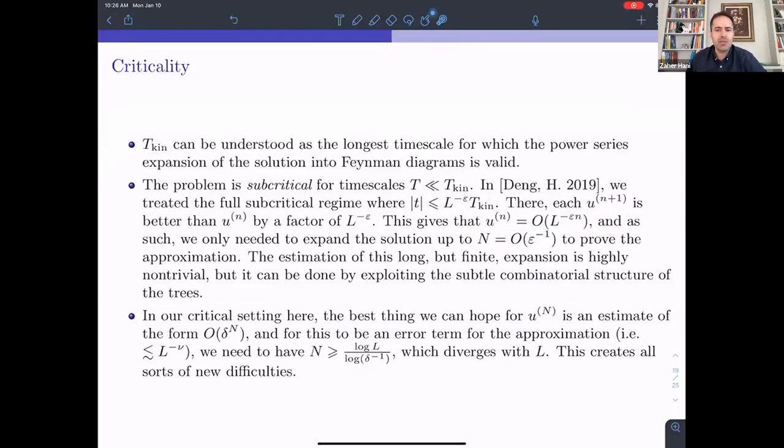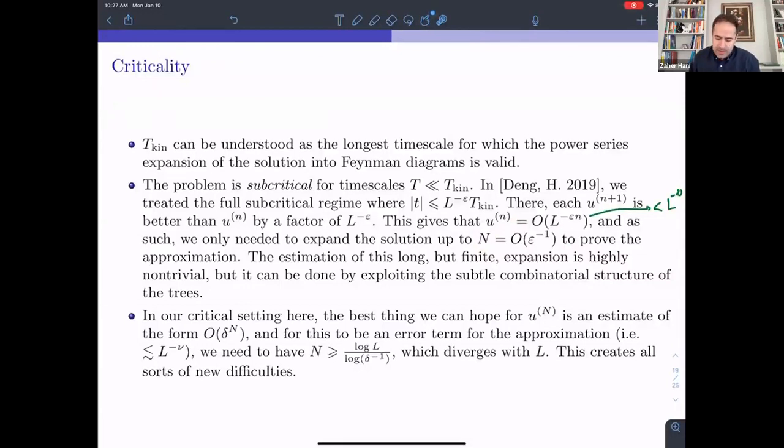Okay, and as such, if I want this to be less than L to the minus nu, I only need to do a finite expansion, up to some order capital N, which is order of epsilon inverse, in order to prove my approximation. And this was possible. It was highly non-trivial because this N is still a large number. So it needed some subtle combinatorial structure of the trees, but it is much simpler than our setting here,